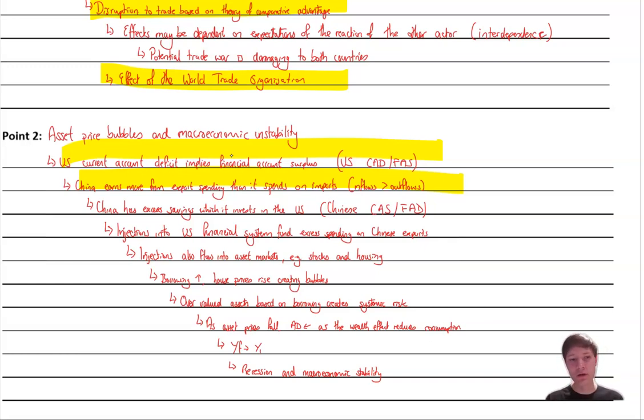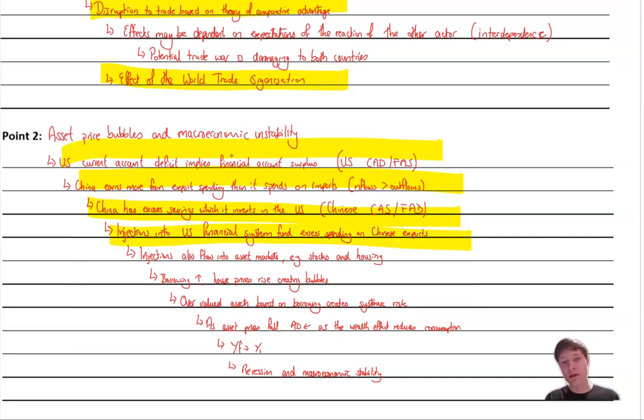What happens? Well, China earns more from its export spending than it spends on imports, and that means its financial system has a lot of excess savings. Now, those could be invested in China, and they have been into huge infrastructure projects. But where do they go when those infrastructure projects have been exhausted, or we've already invested in those? Well, there are also high earnings from those savings that could be made abroad in, for example, the US. And so that results in large amounts of injections into the US financial system,